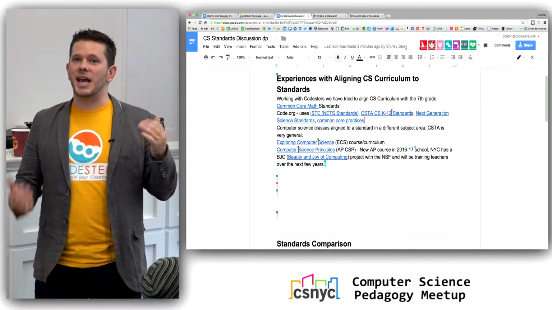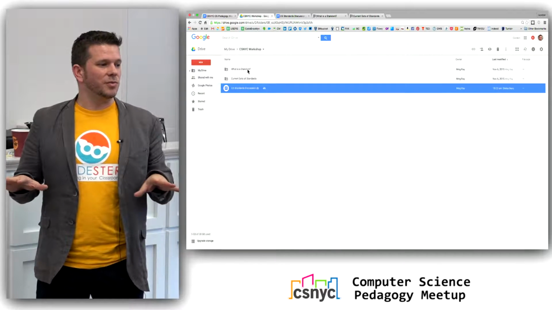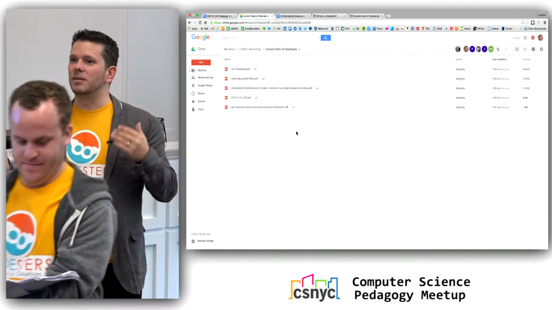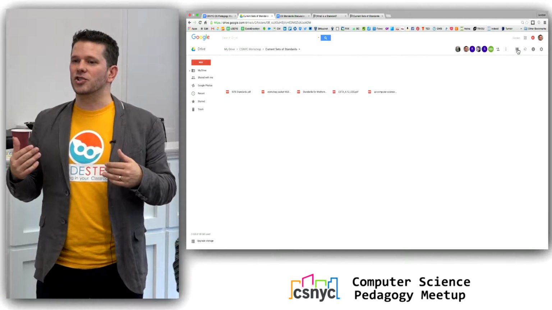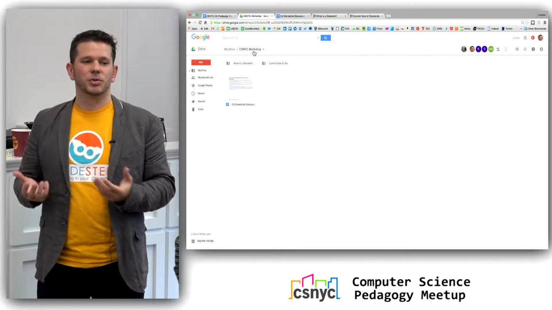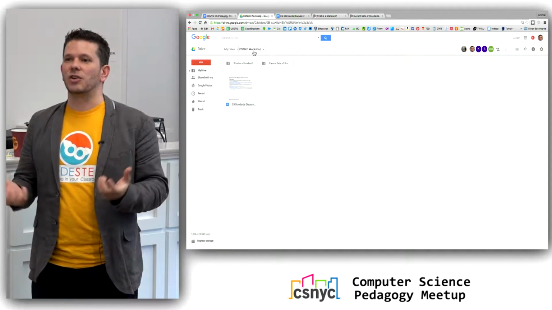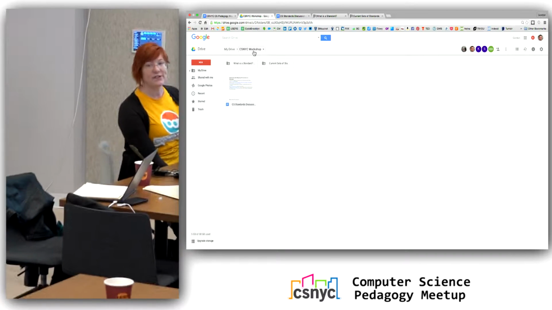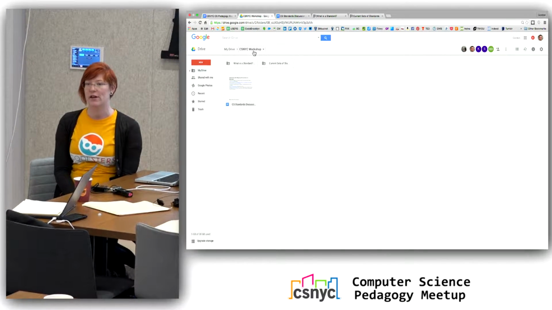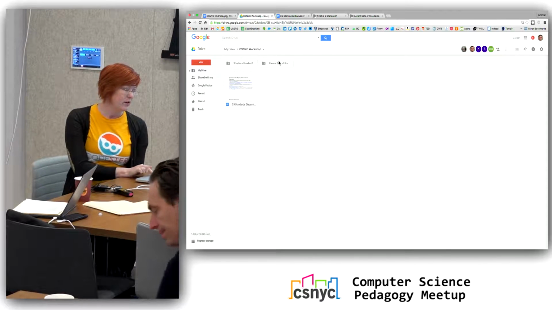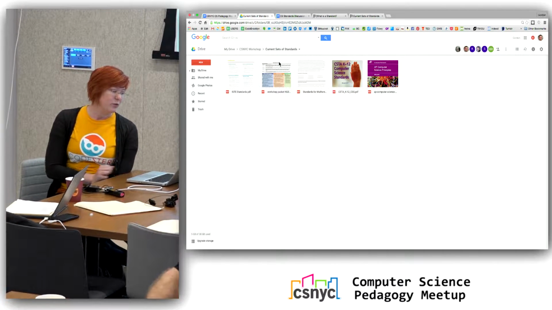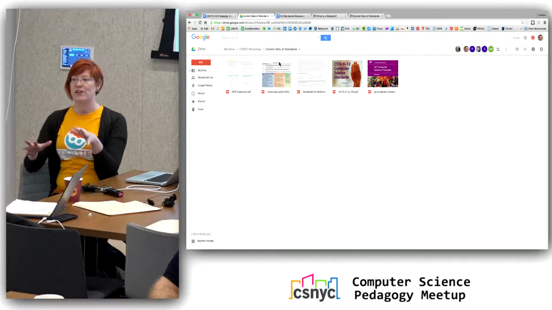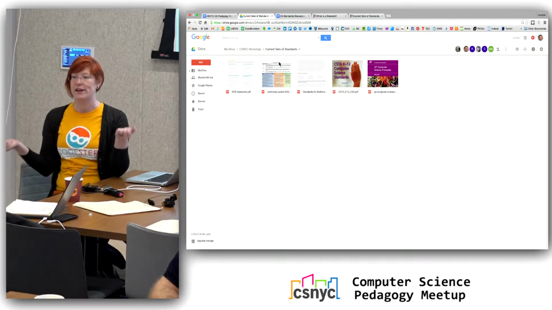We're going to ask everybody to take a moment to look at these four or five standards side by side in the next section that says standards comparison, to maybe have some observations about how these are structurally different from each other or similar to each other, and what we can say about standards in general from that. So you'll see a folder called Current Sets of Standards. It has complete copies of all of those in there. And then what we're handing out is just a one-page sample from each, so that for this exercise, you don't have to pick through the entire set of standards.